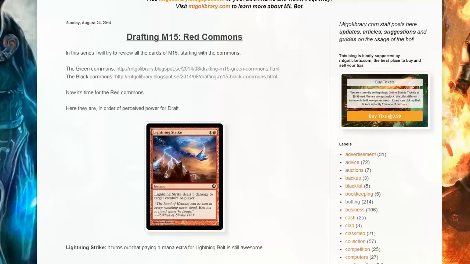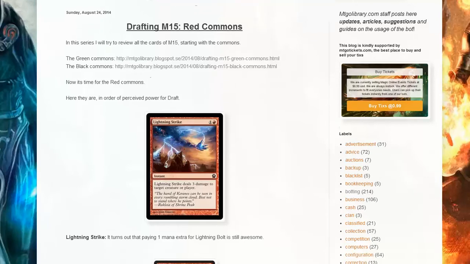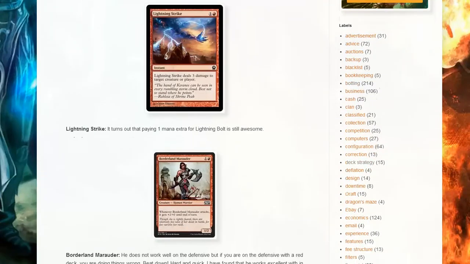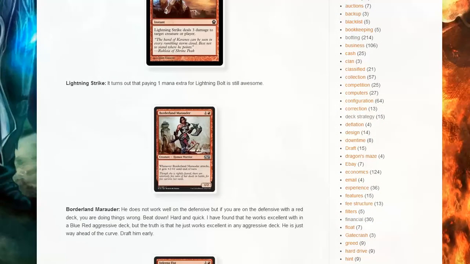So the red commons in order of power in drafts, given that you don't have a synergistic deck of some sort, in case you find one in M15. Lightning Strike sticks out as the most powerful red card by far, pretty much. Turns out that paying 1 extra mana for Lightning Bolt is still a pretty good deal, like we know from Terra's block. Borderland Marauder. Red is very aggressive, and this guy is super aggressive, and his 2 toughness makes him